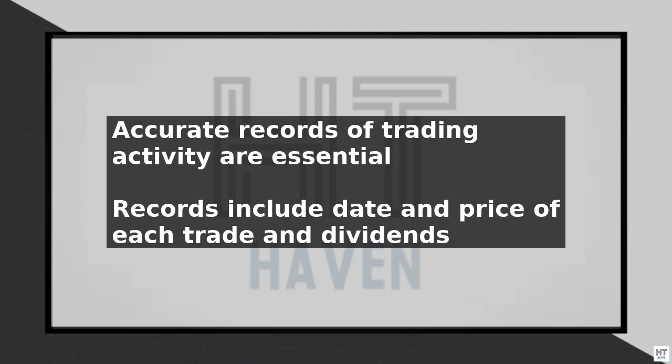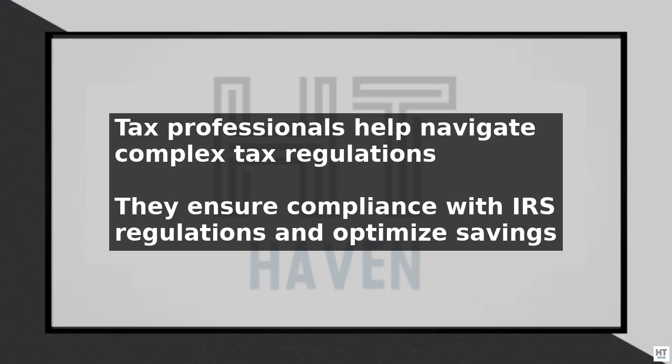In addition to keeping accurate records, there are several best practices you can follow to minimize your tax liability. One strategy is to offset gains with losses, a process known as tax loss harvesting. This involves selling securities that have declined in value to realize a loss, which can then be used to offset